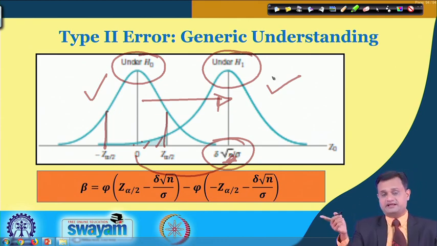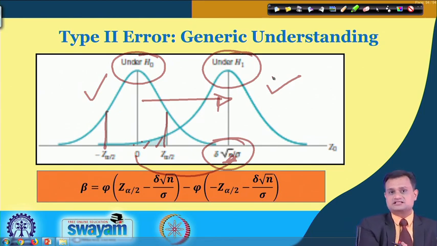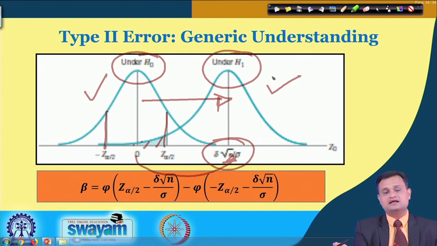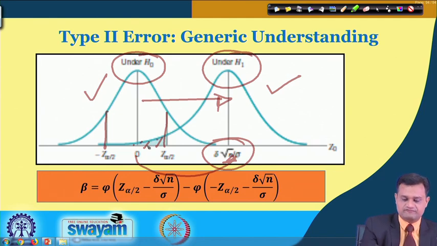So after shifting, please remember, if I am not considering the case of shifting, it would be a different diagram. After shifting, what is that region or probability which gives me the beta risk, that I cannot detect the shift, or there is no shift and the status quo is maintained. So this is my type 2 error, and this is the region which I am focusing on.